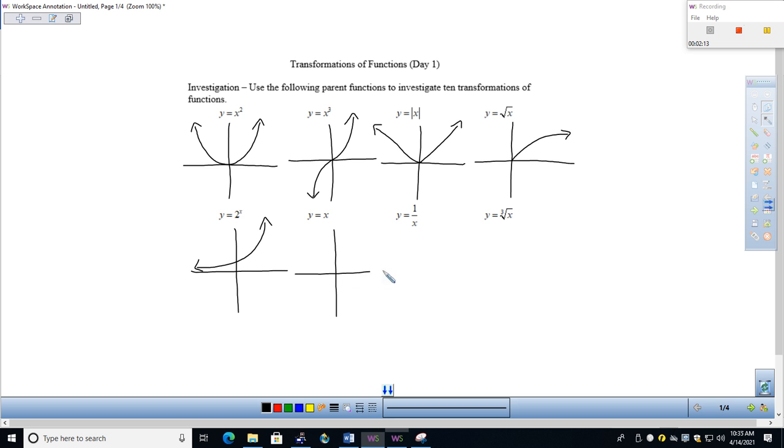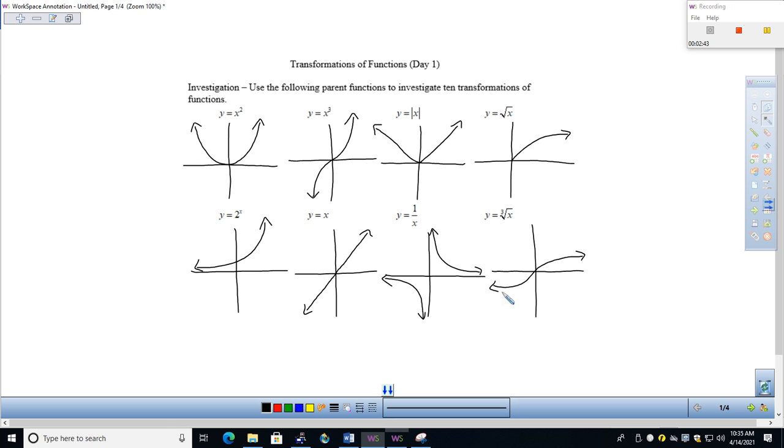Probably won't use y equals x all that often, but no reason why I can't. And same with the 1 over x as the basic rational function. The graph itself is a little more complex, so it's not as great visually, so probably won't use that all that often. But again, we'll see. And then lastly, the cube root function is a good one visually, so that would be the inverse of the x cubed function, and looks kind of like that. So nothing special here, just these are different families of functions and the most basic functions in each family. So what I need for you to do, though, is grab your graphing calculator,